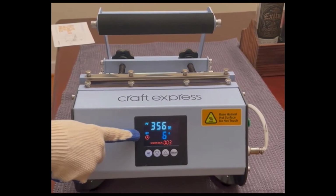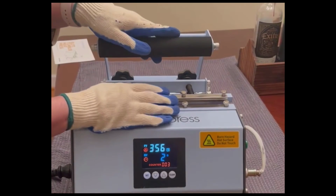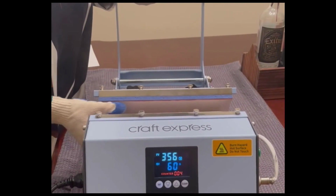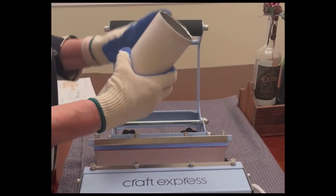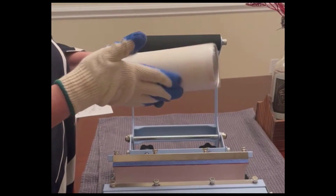Okay, we're almost to the end, getting ready for the big reveal. When it gets to 0, I'll take it out. Notice I'm wearing gloves. It's really, really very hot. Even with the gloves on, it's very hot. You can actually see that it's smoking a little bit. So I'll take this off a little bit and then...